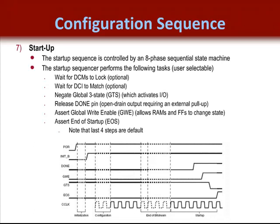Now this diagram provides you with a nice graphical display of the whole configuration process from beginning to end. In our case, we're down at the startup region in the far right of the diagram. Startup contains several useful services that most customers appreciate. These include wait for DCMs to lock, which is optional, wait for the DCI to match, which is also optional,